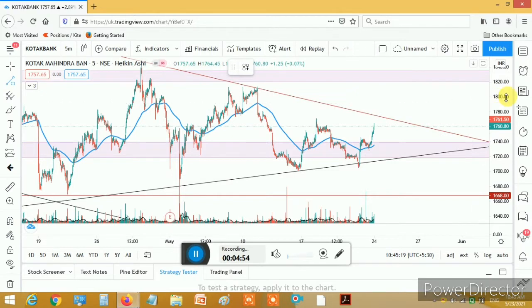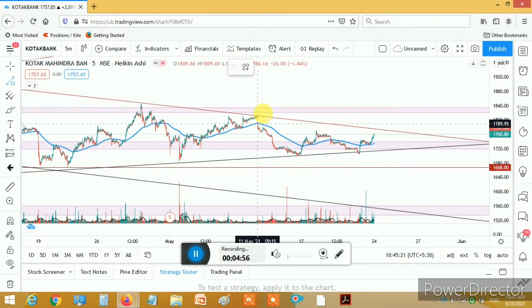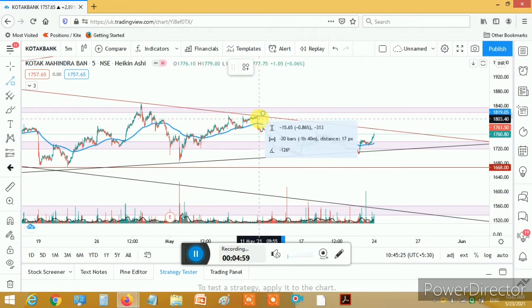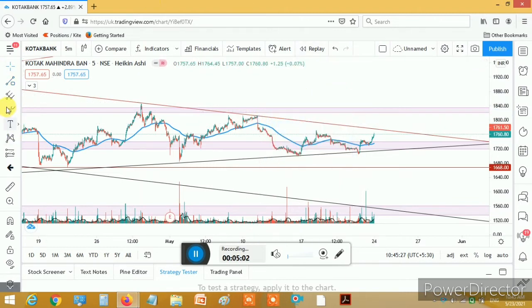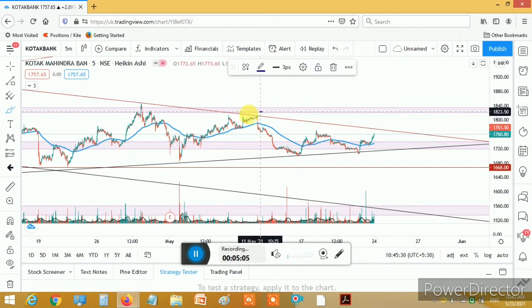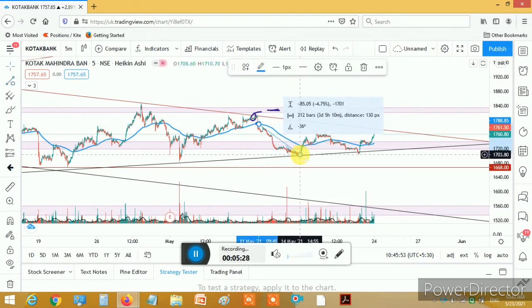Even for intraday we are going to get some points with respect to this channel line. You can see this is a channel line, and on this channel line we are going to get the point exactly on this channel, and this is a resistance. You can see that price is coming down, and this dynamic support also shows us that it is crossing and we are going to get our point. So if you use this, even for intraday we are going to get around 85 points. So the way we use support and resistance is important for us.